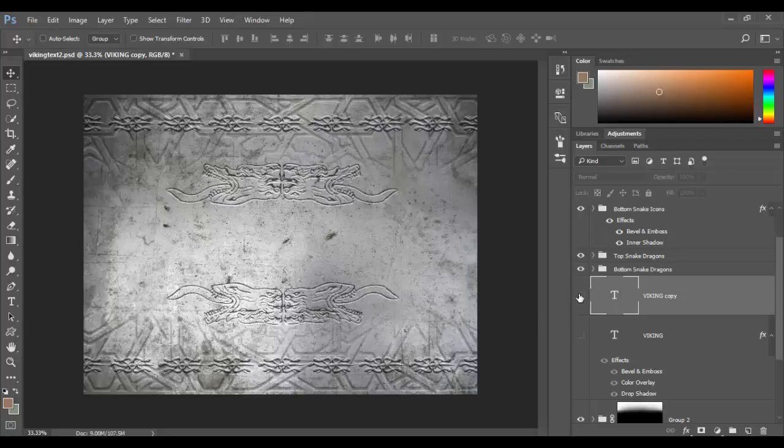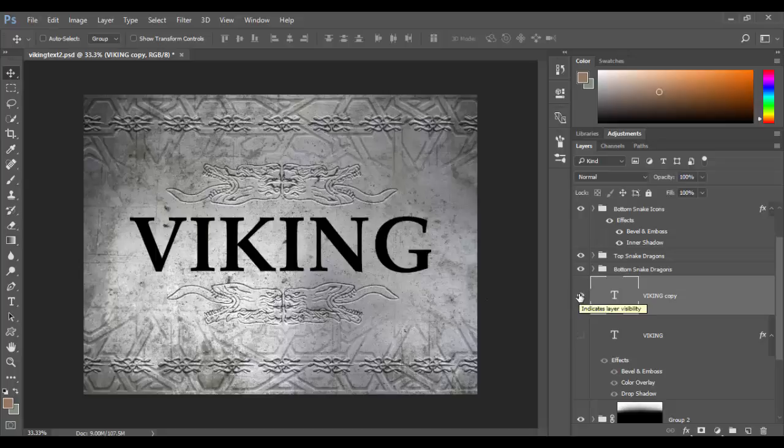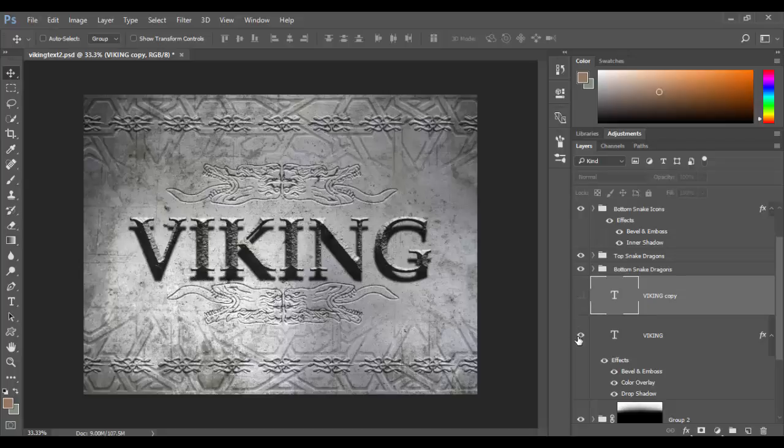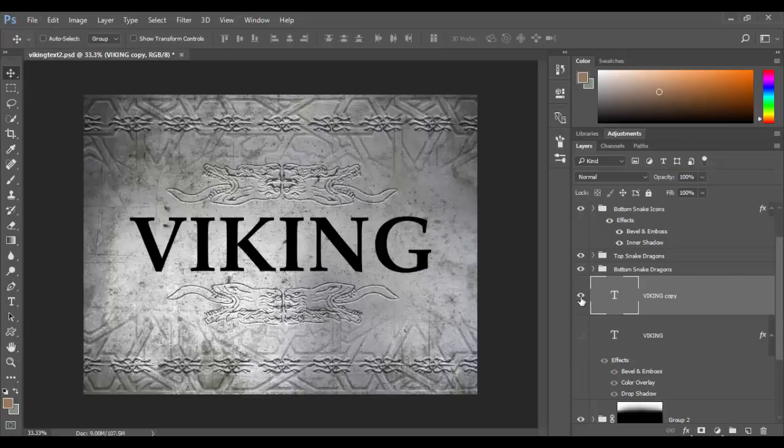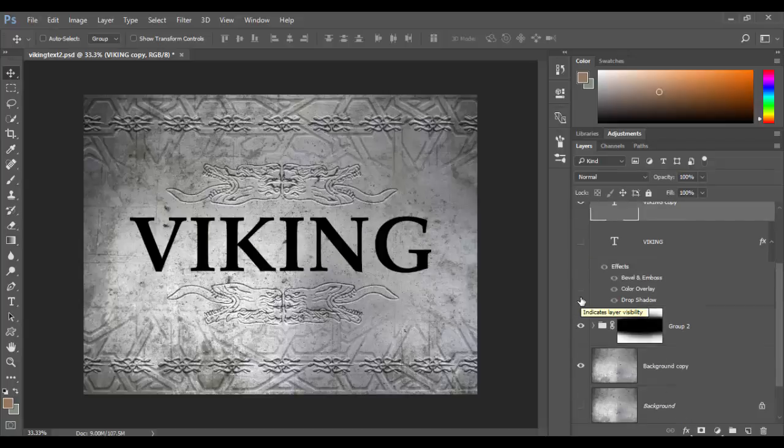So now let's see how to add some text here. So here's the original again, which is really cool. So we're going to turn on this text copy. We're going to kind of start from scratch. Before I do that though, real quick, I just want to point out the difference, actually turn off the